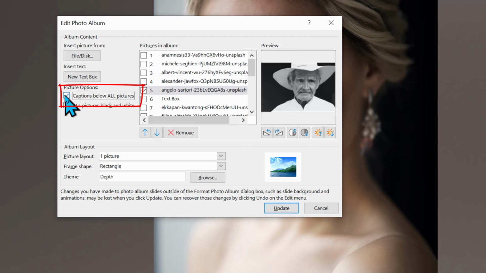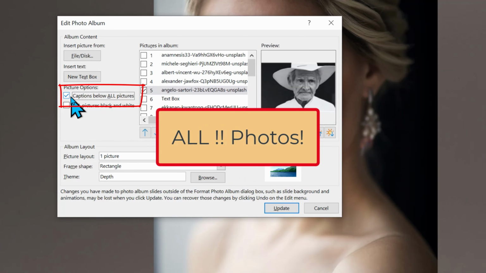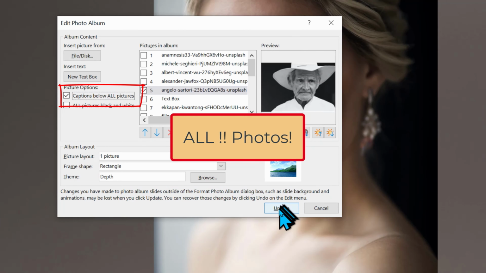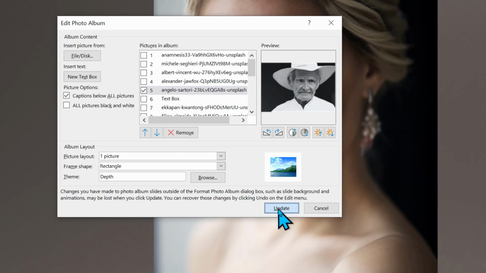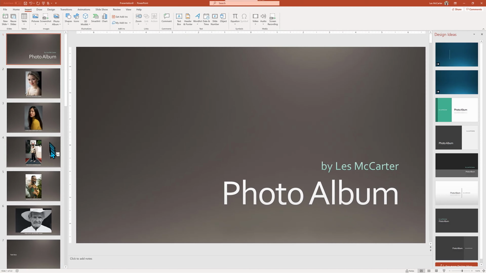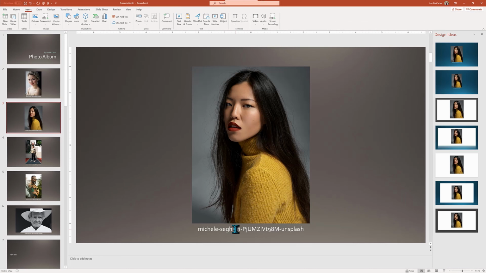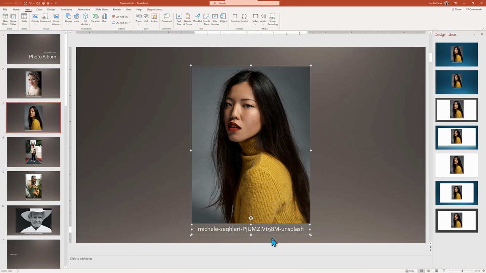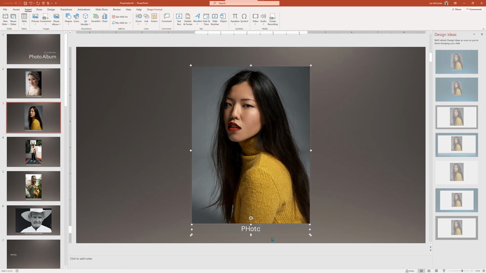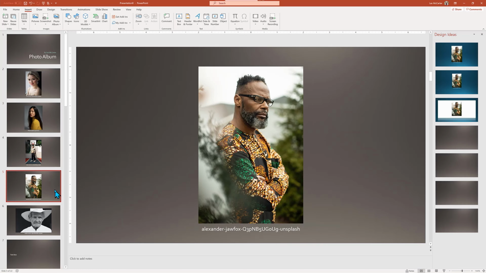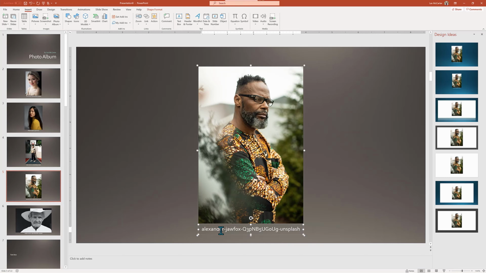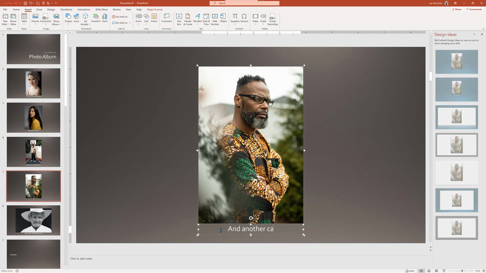Compared to captions, this is going to stick a text placeholder under every image, so you can type in text to explain each of the photos. Let's see these 2 changes when I click Update. First off, under Photo Captions. Now, on each image, there's a text box that we can edit. By default, it uses the file name of the photo, but it's simple enough to click inside and change the caption to better explain the image.